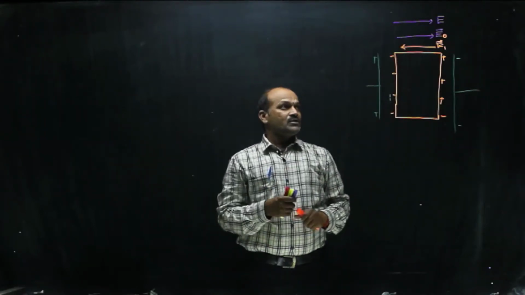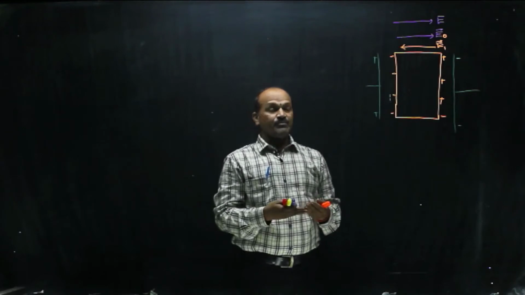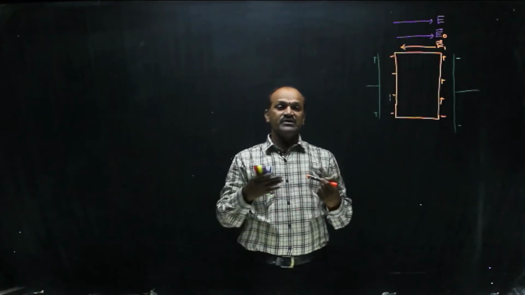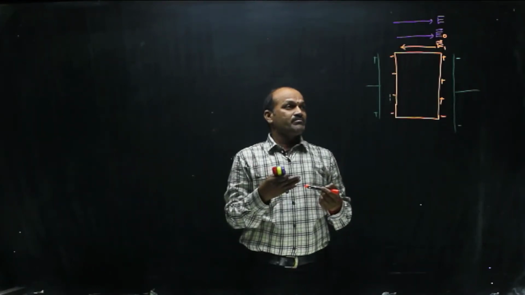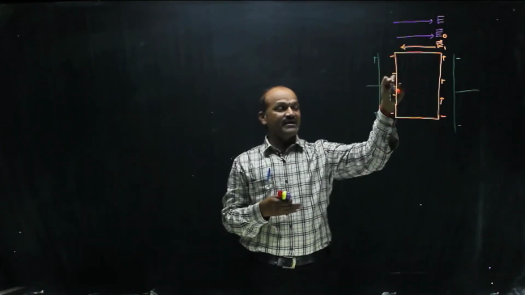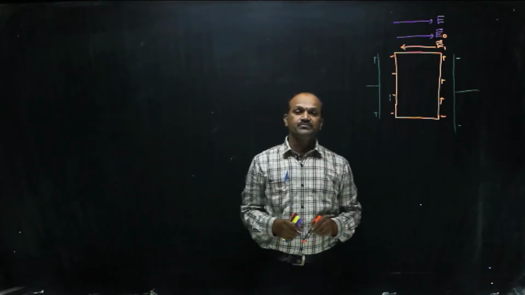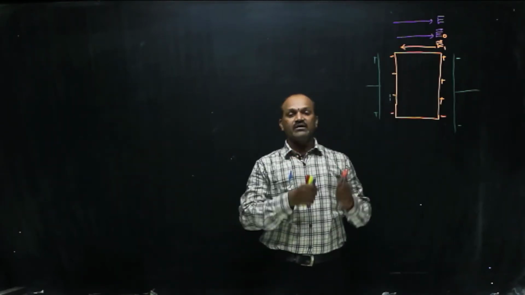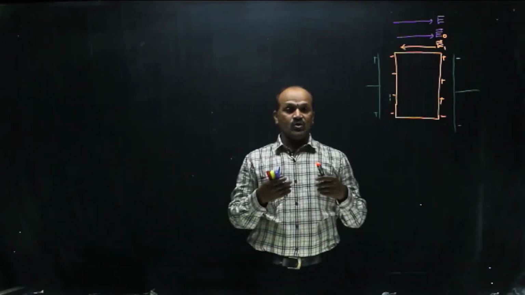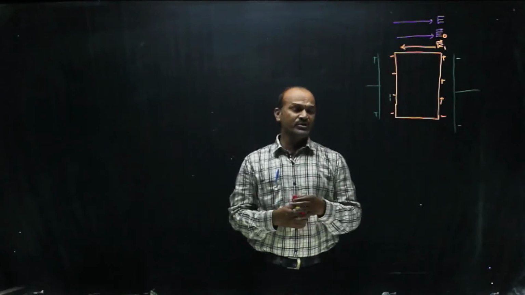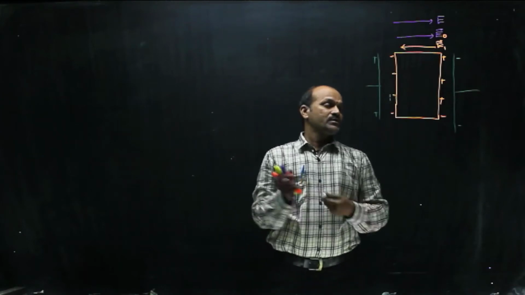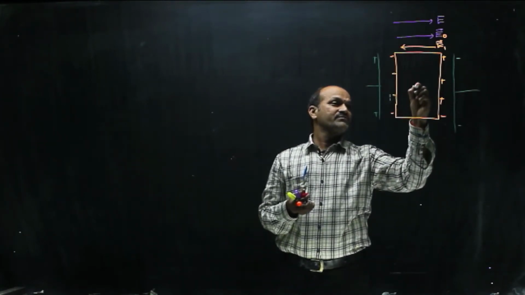So two fields are there: one is the applied external field, another one is the depolarizing field. Due to these fields, a macroscopic field is present inside the dielectric slab, that is the local field. That is how I have to solve that problem. We have to derive an equation for that internal field or local field. Clear? We have taken a thin slab and our intention is to measure a field somewhere here at O.